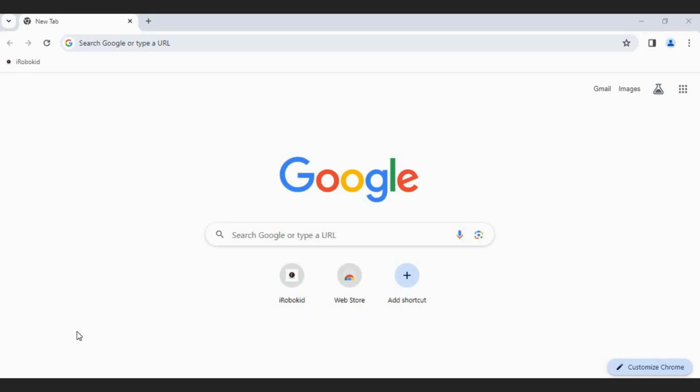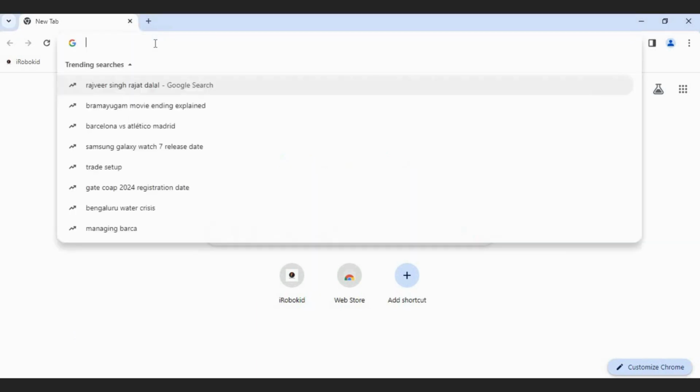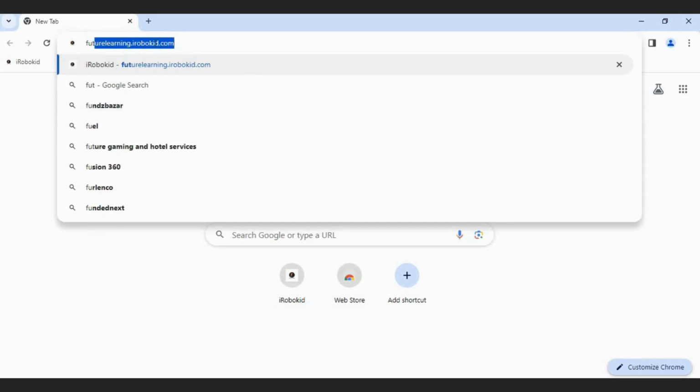So after purchasing the tinkRbox DIY kit, here I'll be showing you the steps for accessing the video tutorials. For that, you have to open any browser, and after opening the browser, go to the search bar and enter this website